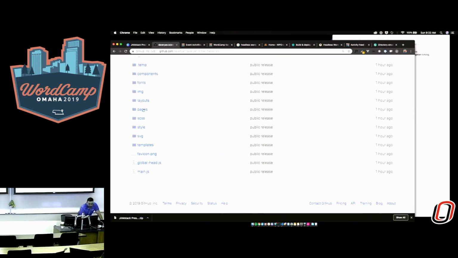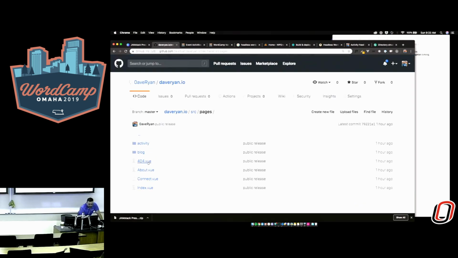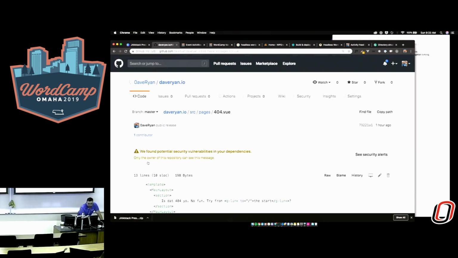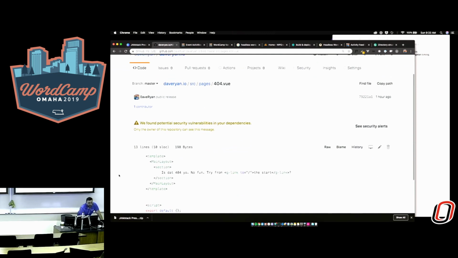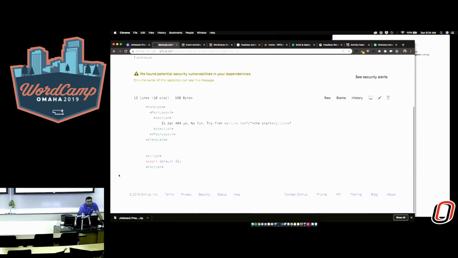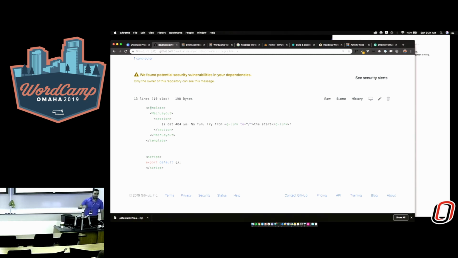But if I start taking a look at my pages, for example, in here I have a 404 page. And here's where things are probably going to start looking a little bit more familiar if you've developed WordPress themes or you work in HTML. In a Vue document, there are 3 sections in one file. There is a template section at the top, then a style section, and then a script. I don't have any specific styles in here,